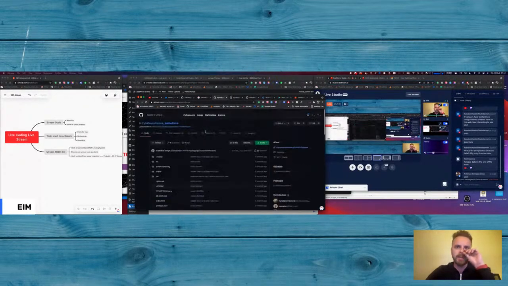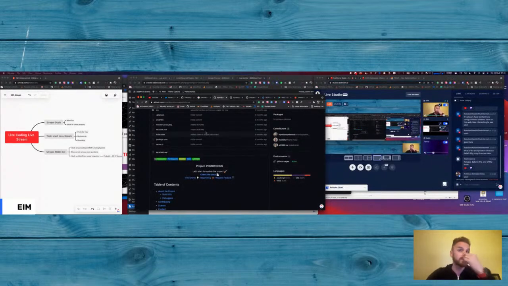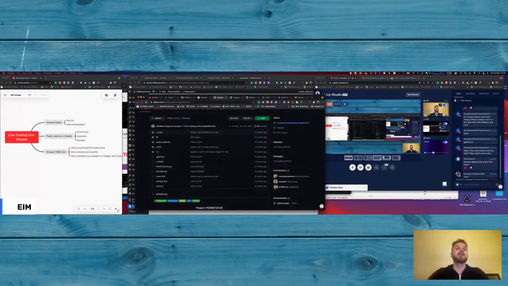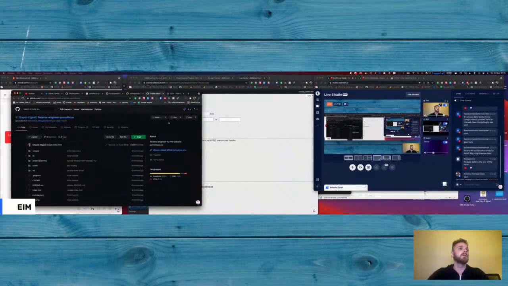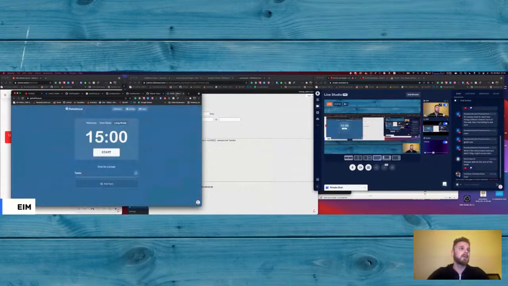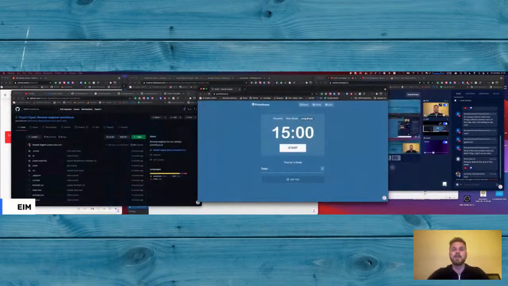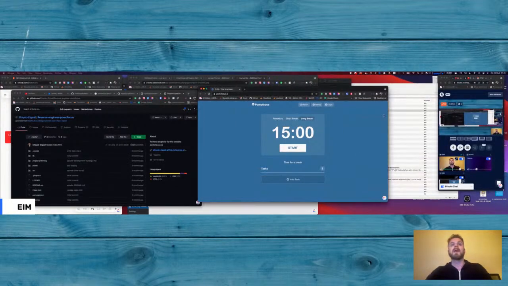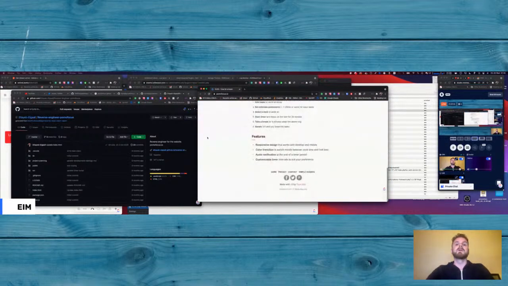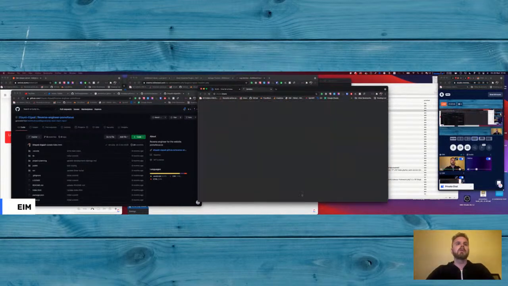Because I think this is the main repo that we have. 3 contributors. Let's make sure we're working on the right thing, you know, because this can have some different repo. And I know there's other tools that have it, but that was first on Google option that was reasonable to me, and I want to contribute to it. And let's just do some open source in here with 3 people watching me doing open source. I don't do a lot of open source myself, but I want to do more, and this is a great opportunity. So Pomo Focus, about you, made with love by Yuzu Works.